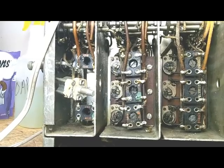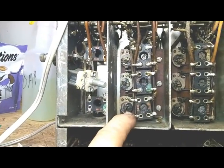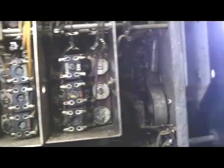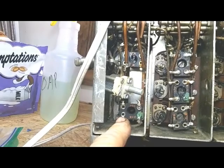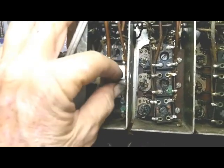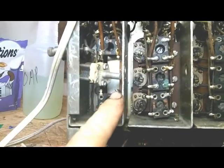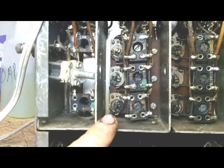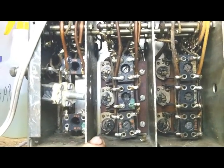I have finished this, the second RF stage. It's the third one from the front of the radio, next to the back where this antenna trimming capacitor is at. There was 1.05 under it and 3 resistors. I replaced them all,